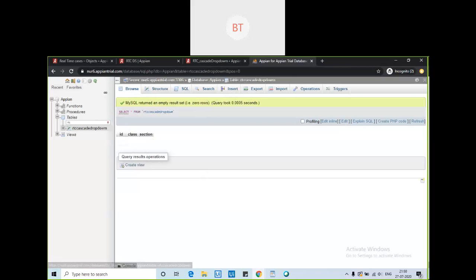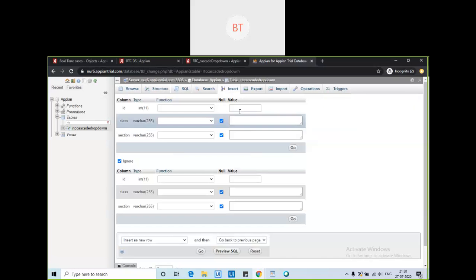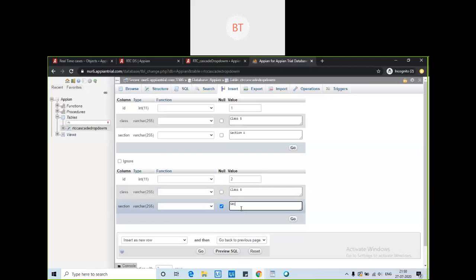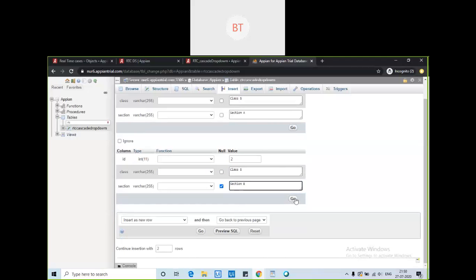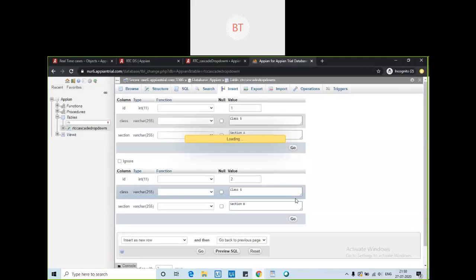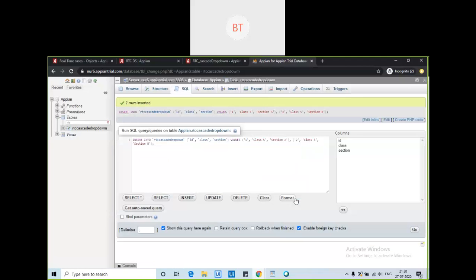Now I'll be adding data here: 1, class 5, section A; 2, class 5, section B. I will just copy it because I will be needing to run it again and again.